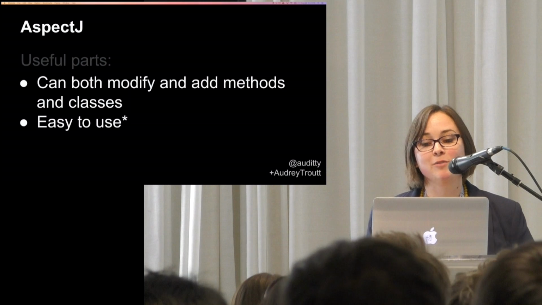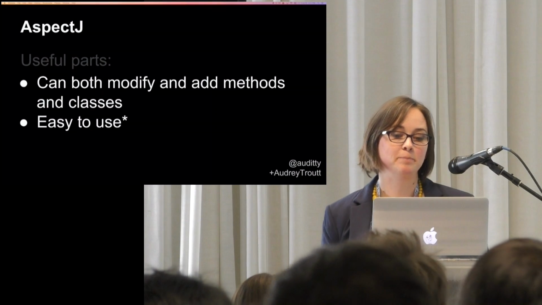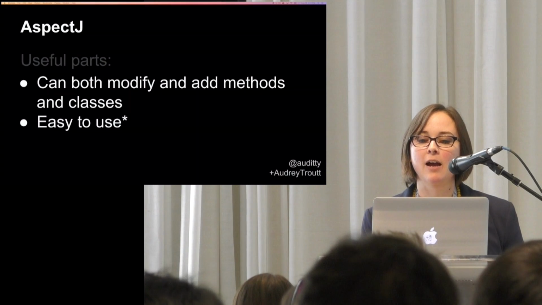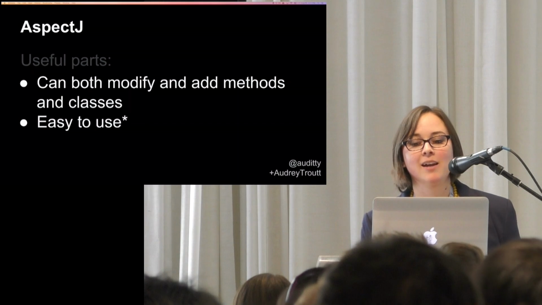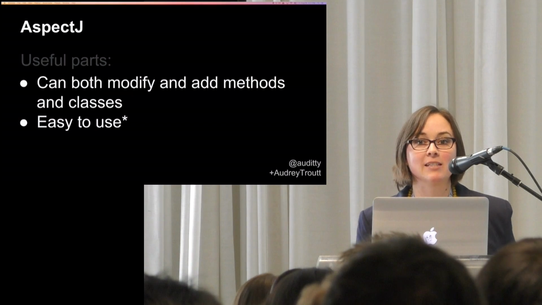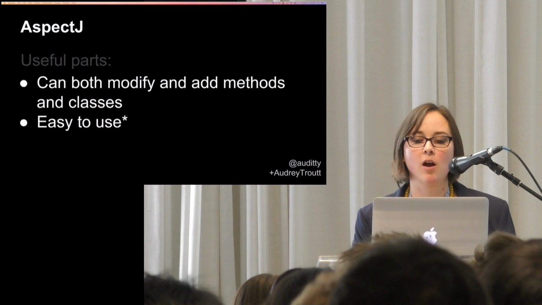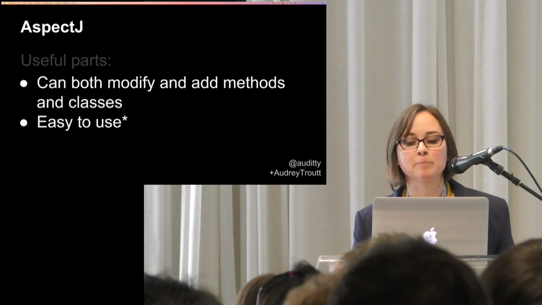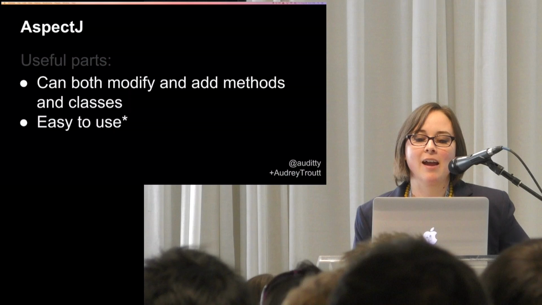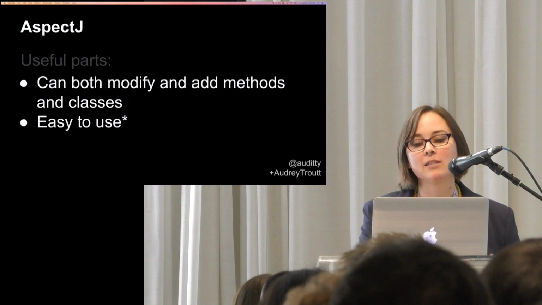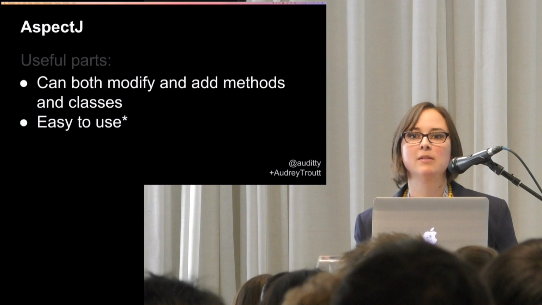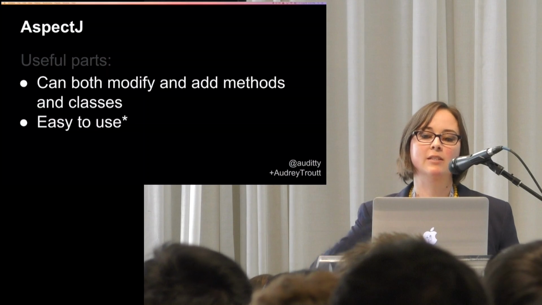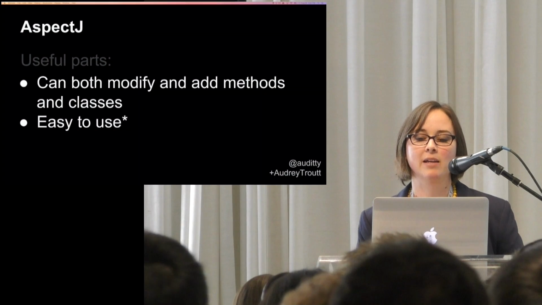AspectJ, as I mentioned before, is another tool for bytecode manipulation. It was designed to support aspect-oriented programming in Java, also known as AOP. AOP is a programming practice which is about looking at aspects of your app's behavior. An aspect could be logging or security or analytics. And the code responsible for handling that aspect is then pulled outside of the typical object-oriented hierarchy of your existing application code and all of your business logic into separate aspect code and then injected back in at build time